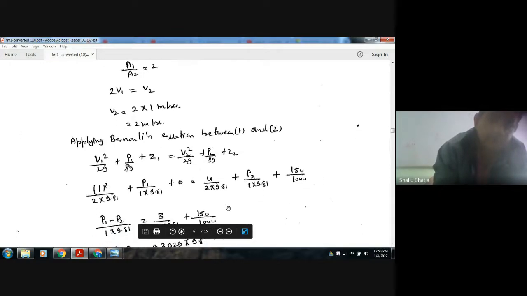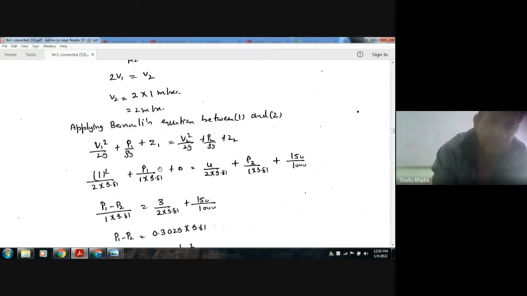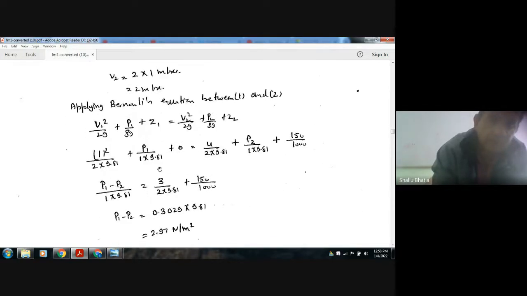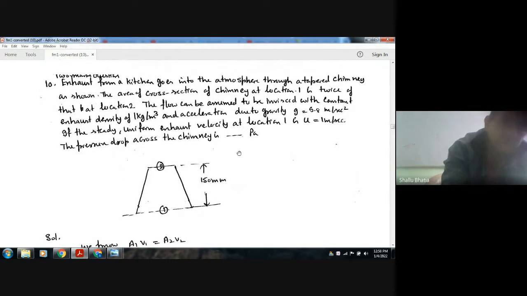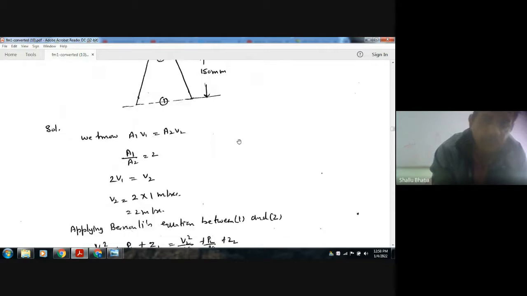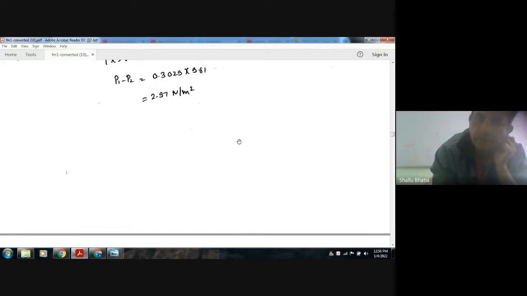Z2 minus Z1 is 150 mm, or 0.15 meter. V1 is 1 and V2 is 2, so we can find out P1 minus P2. P1 minus P2 is 2.97. The pressure drop is 2.97. Okay. Next,